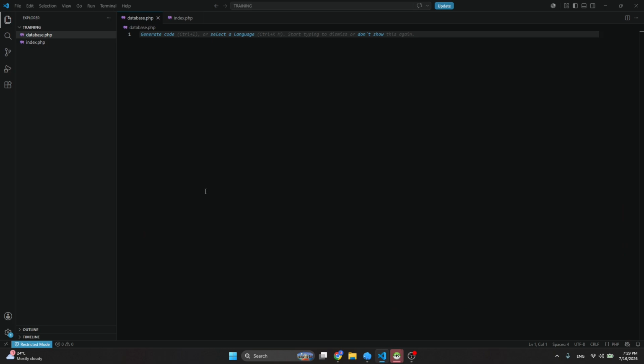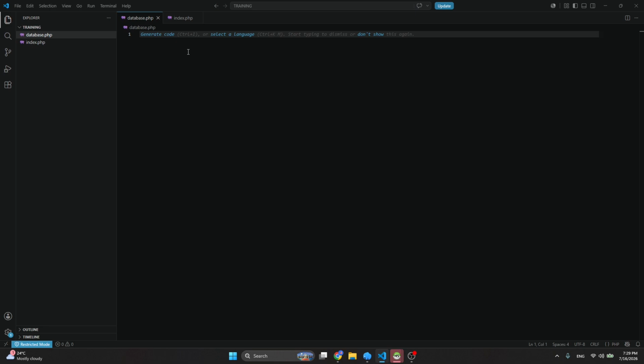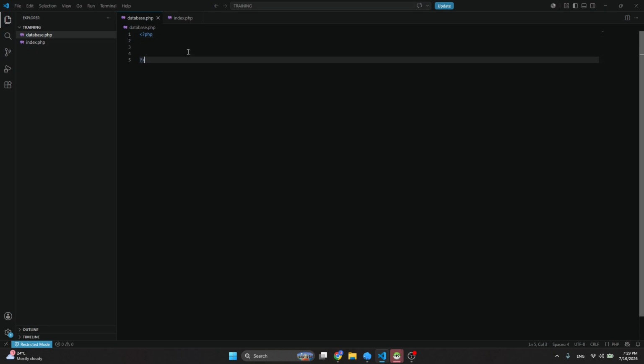Okay, so let's go to the database file. Let's open the database with the PHP rules. Okay, so now we need to type the database server. You can put localhost if you're hosting on a local server. If you host it on hosting websites, you need to change to that hosting website, or also the user